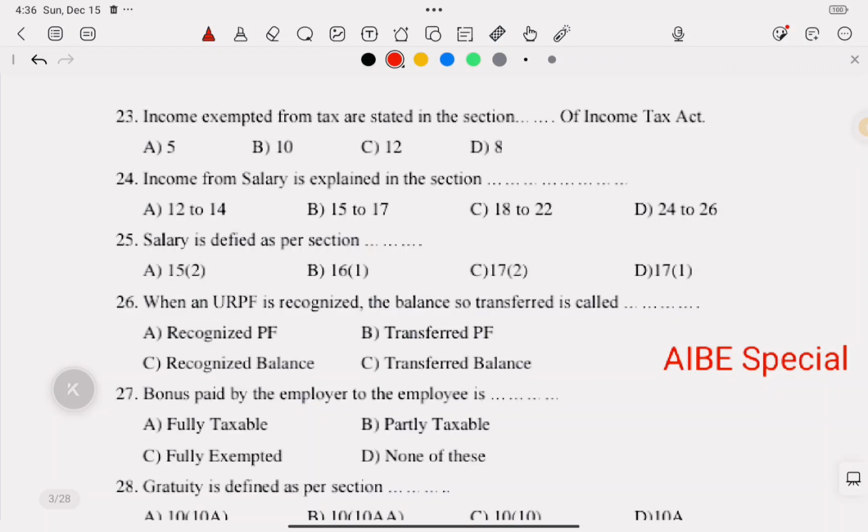Hello everyone, today we are going to solve a few most important MCQs on Income Tax Act 1961. So those who are preparing for the All India Bar Examination this year, this video lecture will be very helpful for